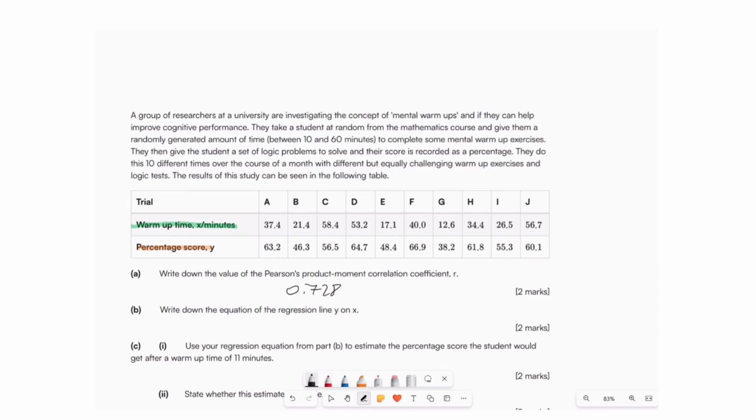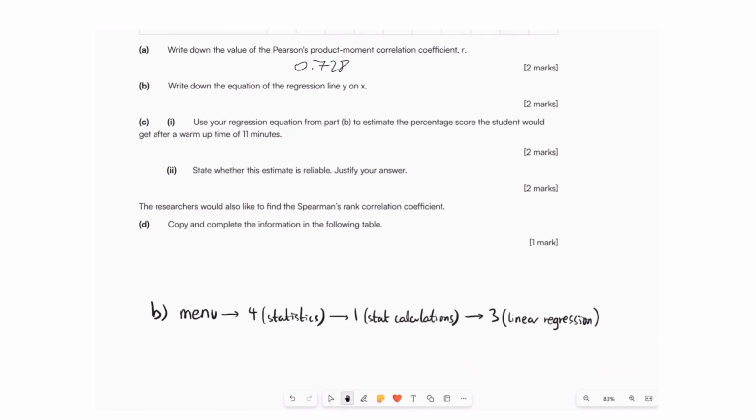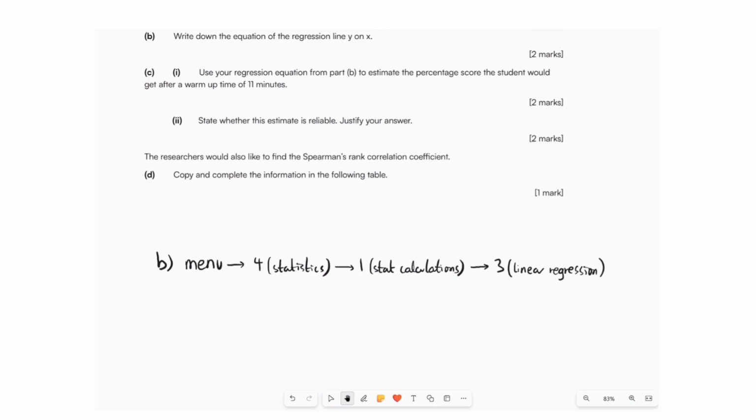B says write down the equation of the regression line Y on X. So what this is basically asking, just find the line of best fit between X and Y. Once again, your calculator will do it all for you. And I've written here what you have to do. Just go on menu, 4 statistics, 1 stat calculations, and 3 linear regression. Now, you will end up getting